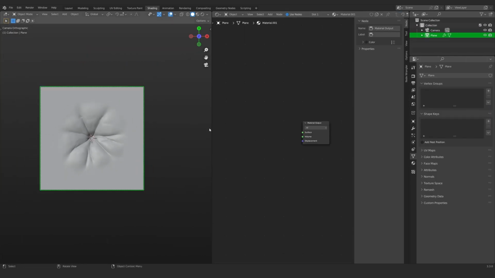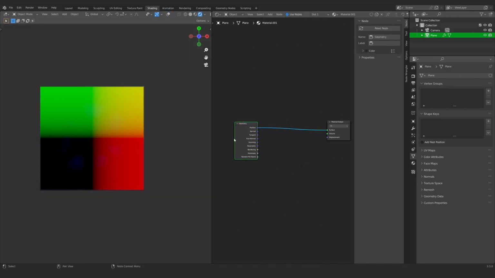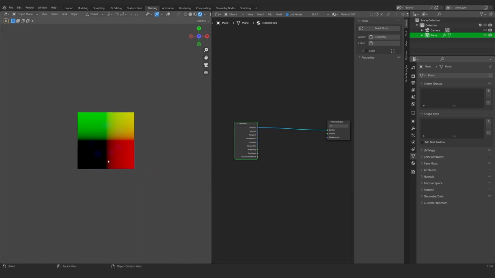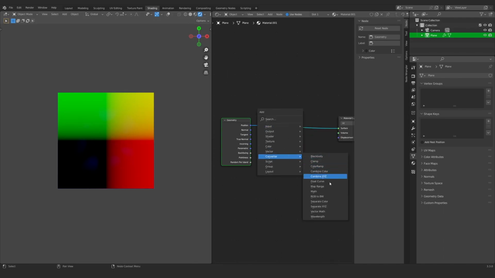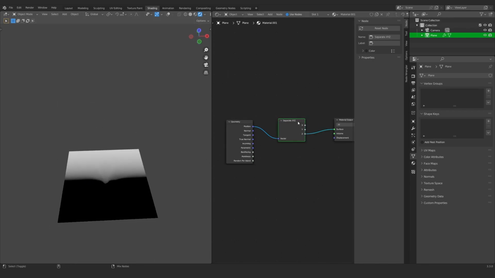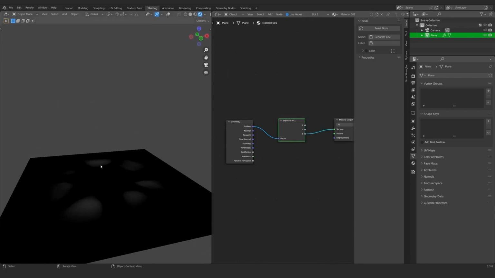So in this case, I basically increased it a bit more so that I don't really need to worry about it not rendering. Now you can see that I am using the geometry node, and it is giving me the position of all these vertices,